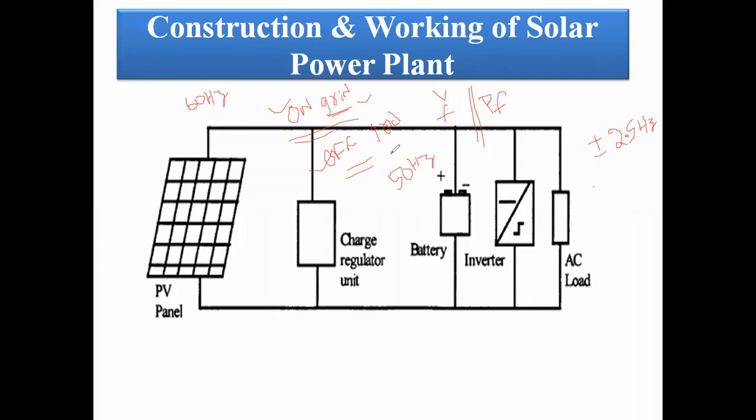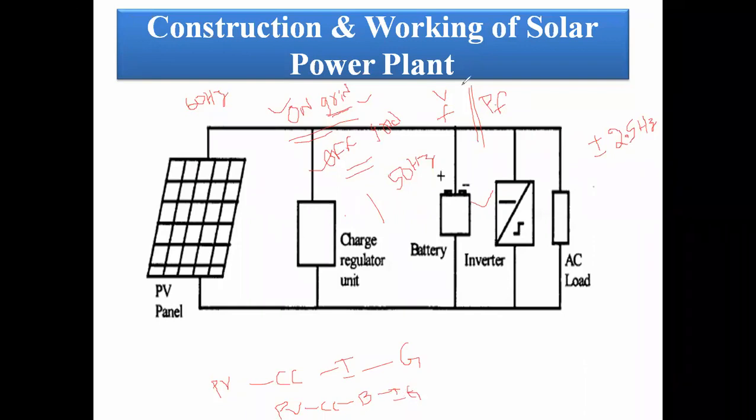But in the off-grid mechanism, we will place the battery. At the outlet of the battery we will place an inverter and connect it to the grid, or we can utilize it for the load. In the on-grid mechanism, the PV panel is there, and after the PV panel we place a charge controller. After the charge controller, they keep an inverter, which converts DC to AC and feeds it into the grid. This is the on-grid mechanism. In the off-grid mechanism, there is the PV panel, charge controller, battery, inverter, and then the grid.